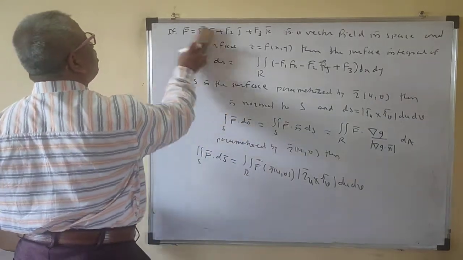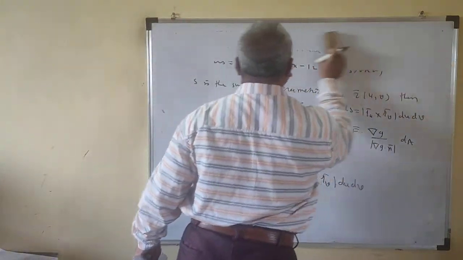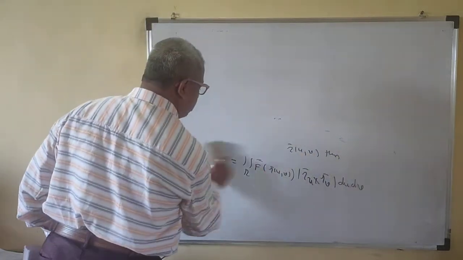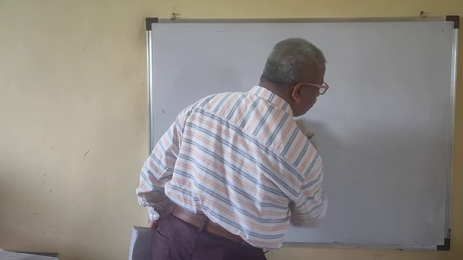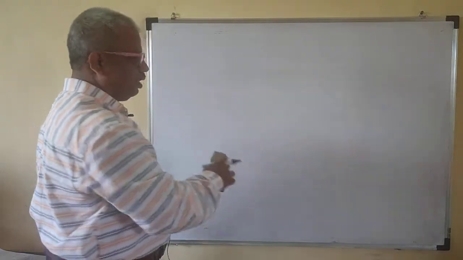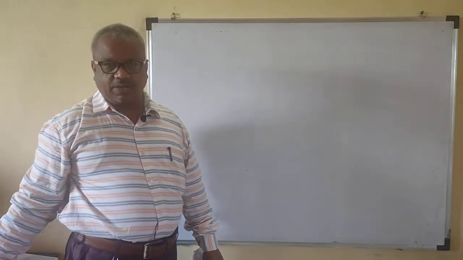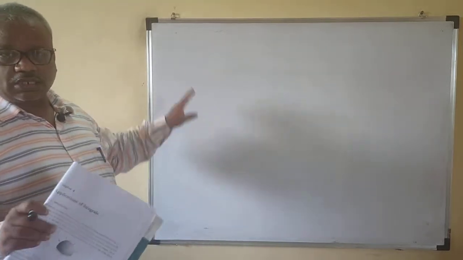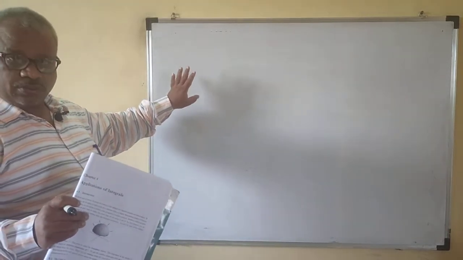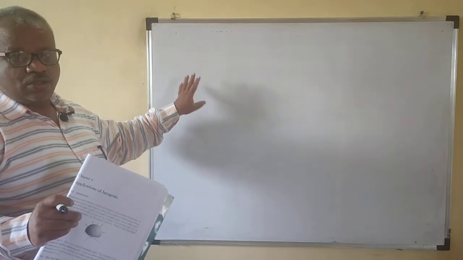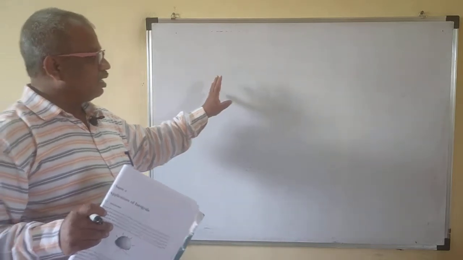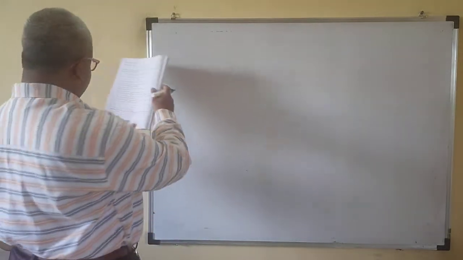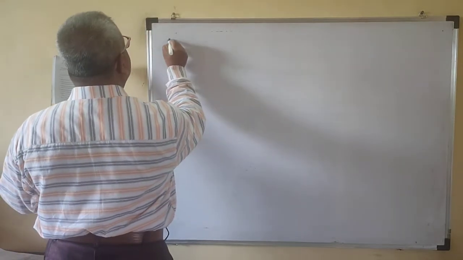So all these are actually formulae. This chapter contains all the formulas only. The problems in this chapter are very complicated, so just concentrate on the statement of the theorem only, or the statement of the theorem, the formula for the surface integral for vector valued functions and so on. Okay, so write a note for this one.